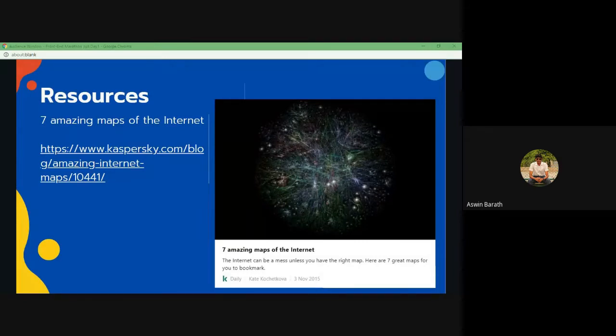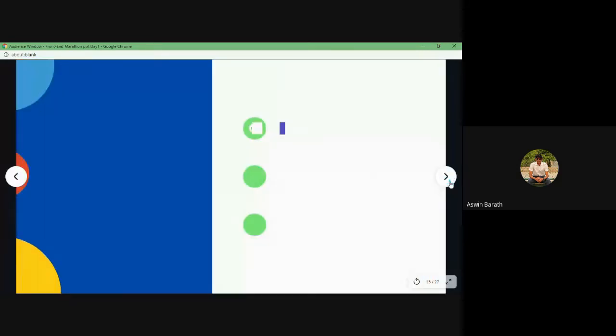So there's another resource over here in the slides. We'll share the slides at the end of the session. If you go through this website, this is an image created by the company Kaspersky. They are a security company. What they did is they tried to map as many devices as possible on the internet. As you can see over here, the very minute dots present in this entire image are nothing but IP addresses. Each and every IP address is connected in some sort of complex network of connections, and they try to map this over here. I'll leave that up to you, and let's move on to the next one.